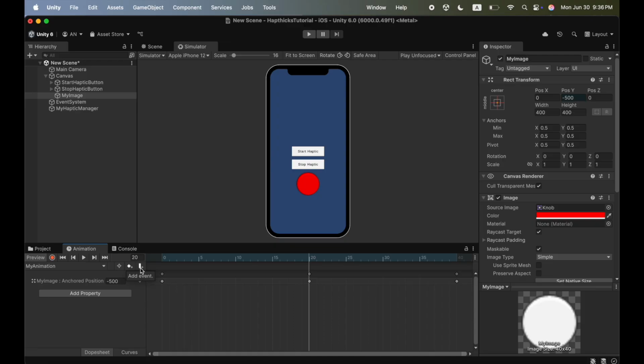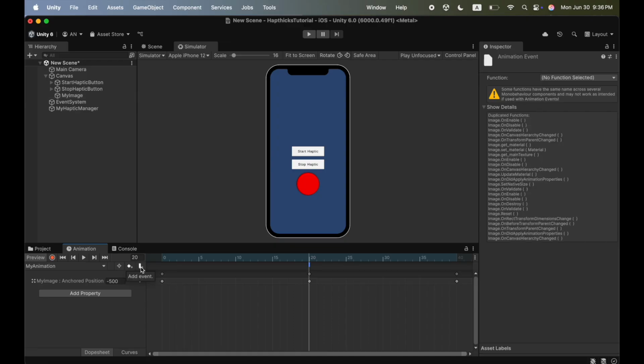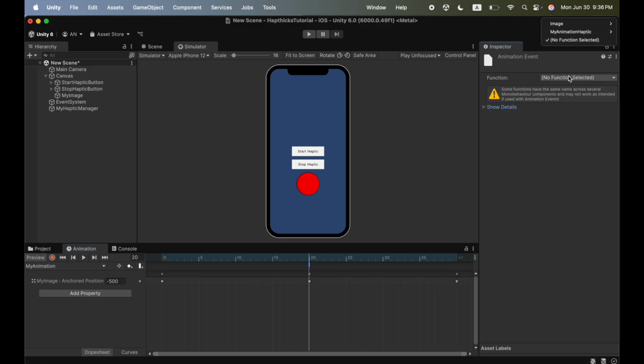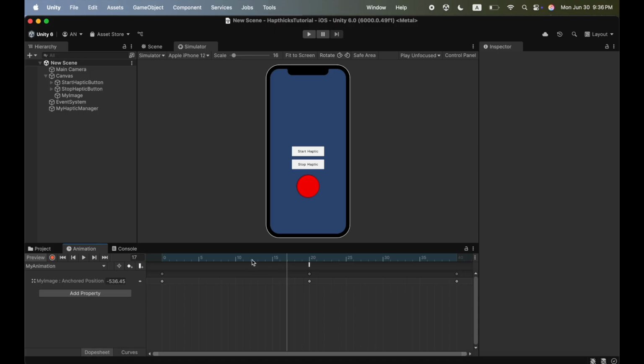So let's click on this Add Event button. And now from the inspector, we open this function drop-down menu. We go to My Animation Haptic, which is the name of our script, and then we select our public method. Great! Now whenever our animation reaches frame 20, it plays our haptic file, and you'll feel the vibration in your